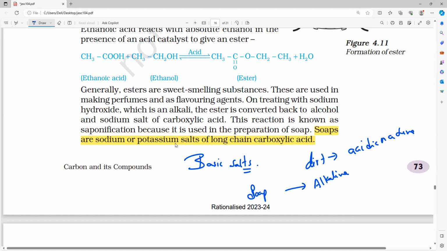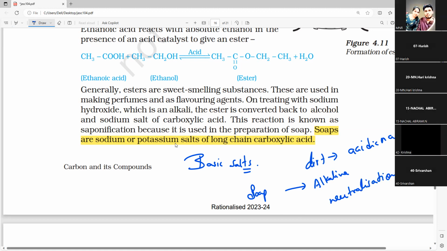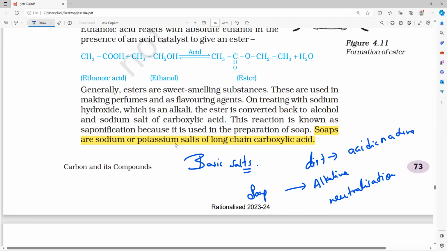Acid plus base will react. Some reaction will take place. What is that reaction we used to say, all of you? Neutralization reaction. So the dirt released by our body is acidic, and that is the reason soaps are manufactured alkaline, so as to neutralize this acidic dirt,